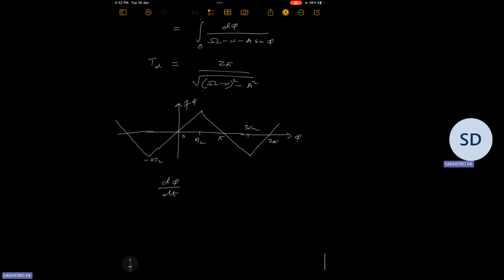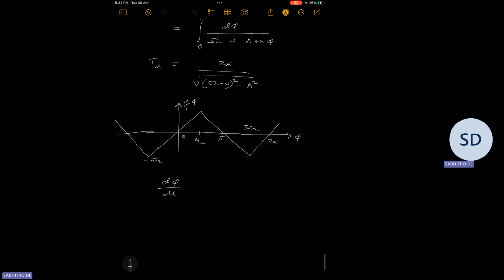Now we can again do the same analysis which we had done earlier. So the peaks of the function occur at pi by 2 and the troughs occur at minus pi by 2. Okay, now if you are to draw this function, then you will see